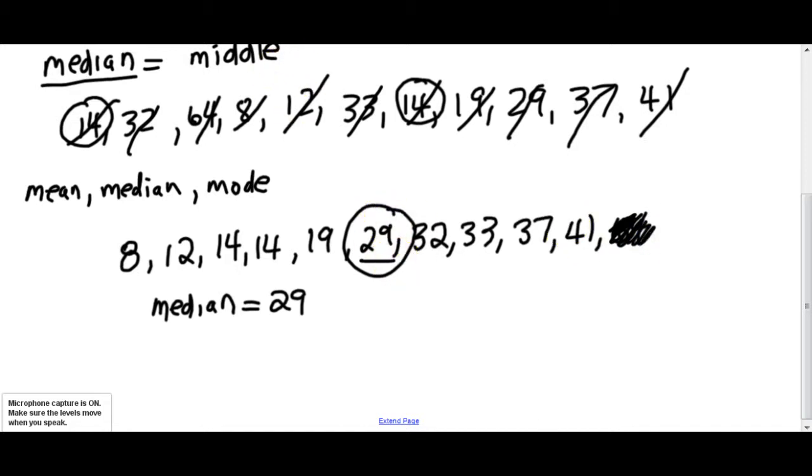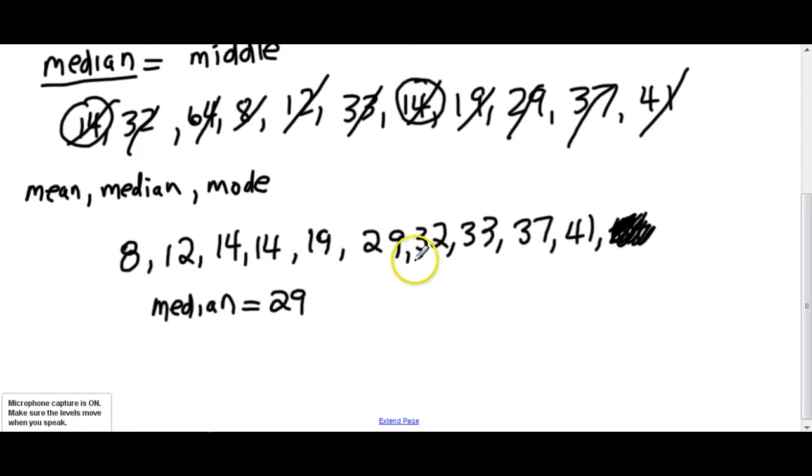I'll erase this circle right here, and I'll put in my numbers. Looks like I had 14, 14, then 19, then 29, and then 32. So if we didn't have 64 on the end and we had 10 here,